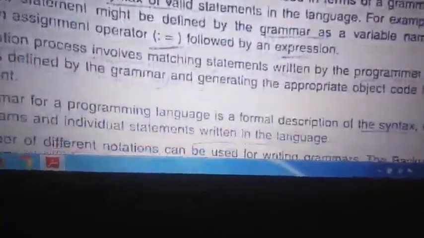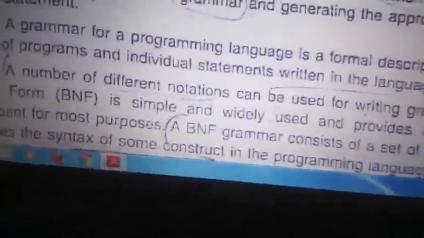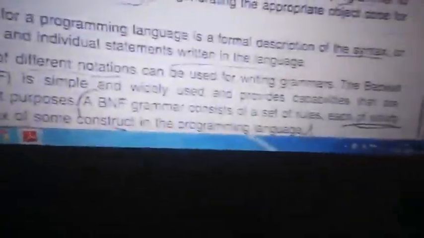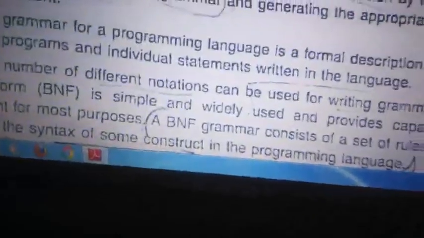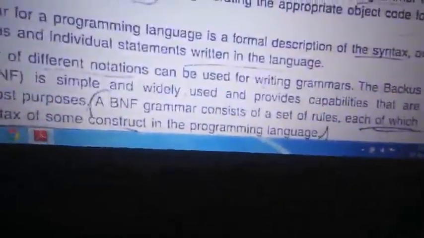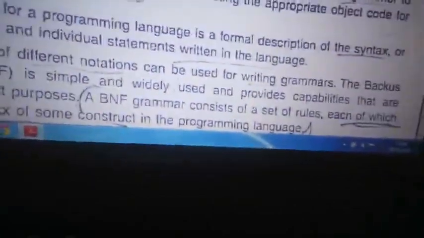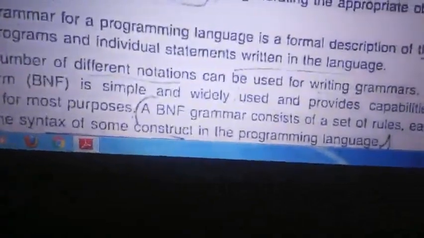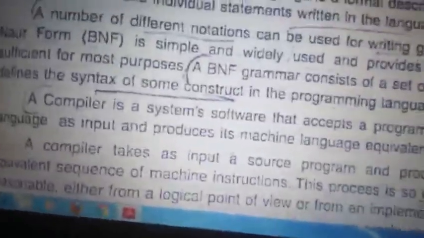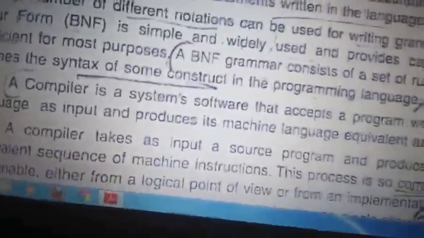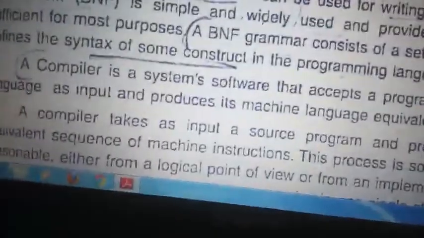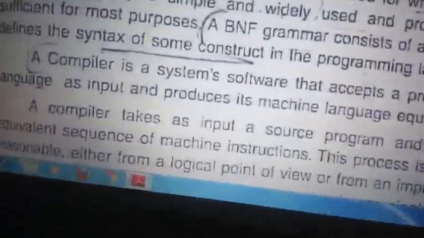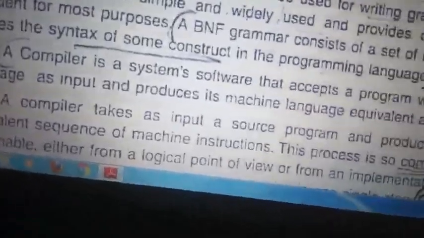Grammars can be represented in different ways, and one of the best ways is BNF. We already discussed Backus normal form. Combining everything we discussed in TOC, a grammar consists of rules. BNF is a grammar which has rules that define the syntax, and it is used to construct your programming language. Clear? So a high-level language is described with the help of grammar. To convert that, we want system software called a compiler, which accepts the high-level language and produces the output in machine language.